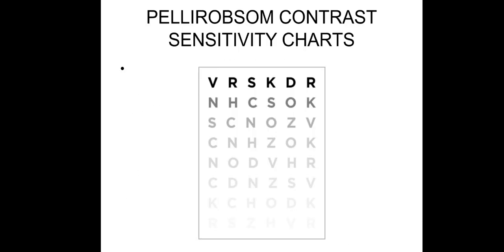So to say, a patient with good vision will have contrast sensitivity at high spatial frequency in the lower lines. If the patient can read the last line easily, such as R Z R S Z V R, that means the contrast sensitivity is very high, meaning the patient's vision is very good as compared to the abnormal one. If the patient is reading just the upper one or a few lines of the upper ones, that means the patient has some defect in contrast sensitivity.